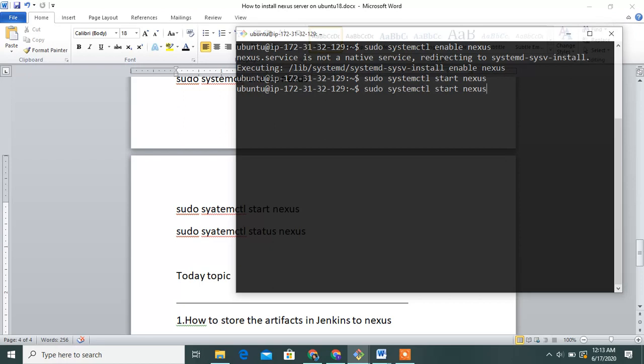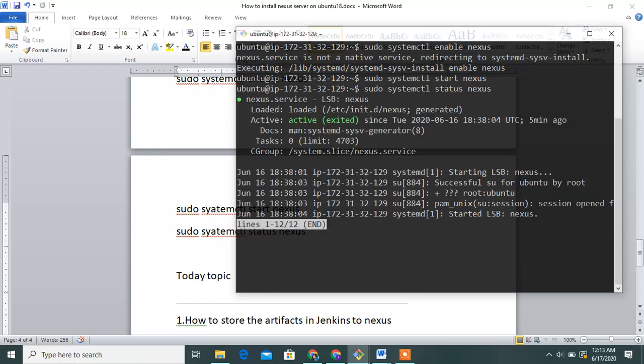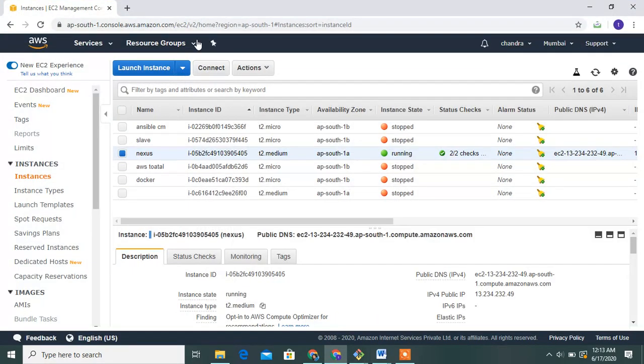Started, guys. Check whether it started or not. Status: yes, successfully started, guys. Run the Nexus server.